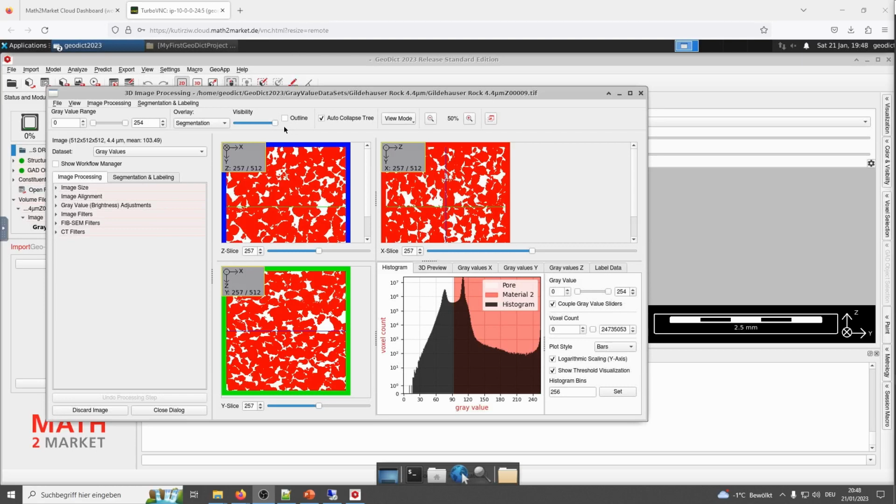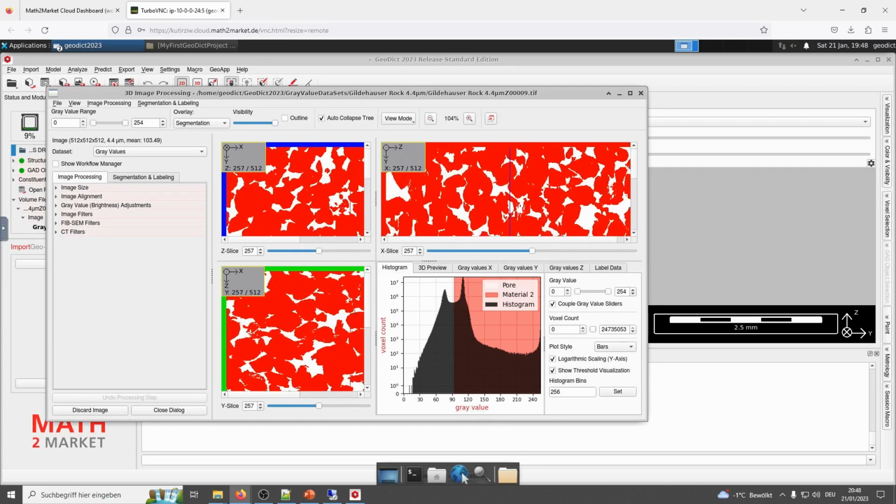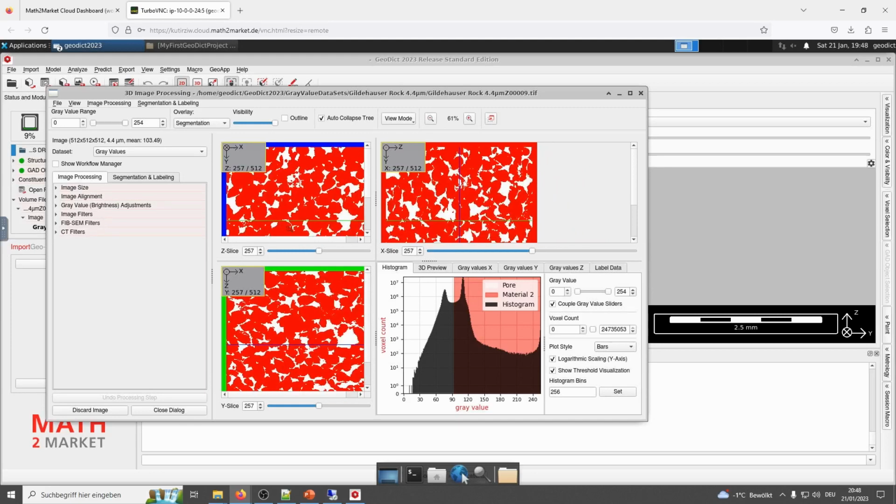By clicking and holding the right mouse button, you can zoom in and zoom out. By holding the left mouse button, move the slice in the frame.